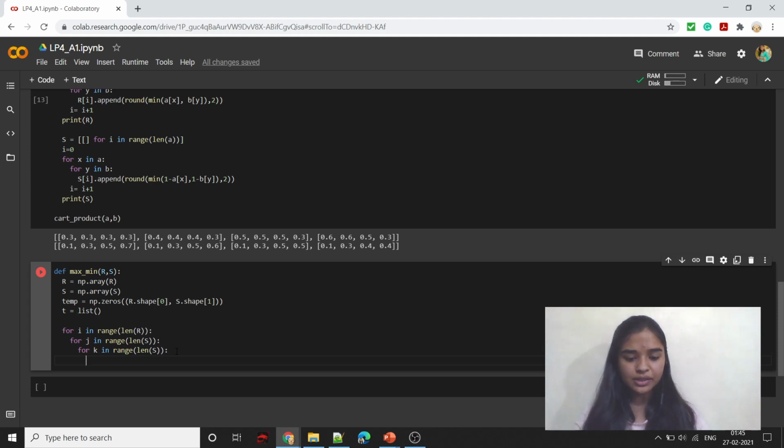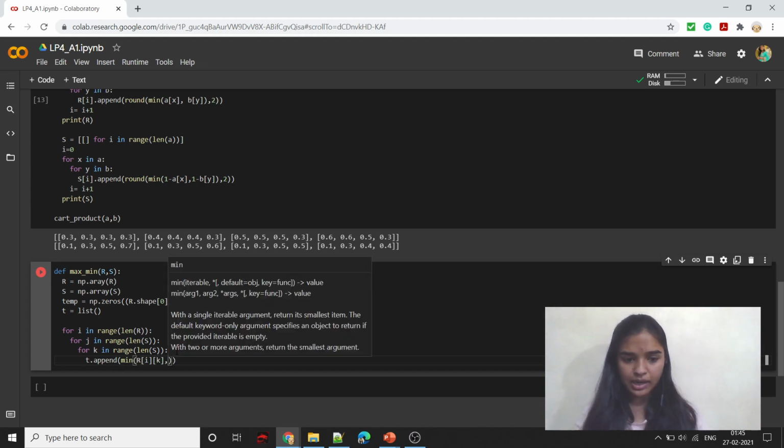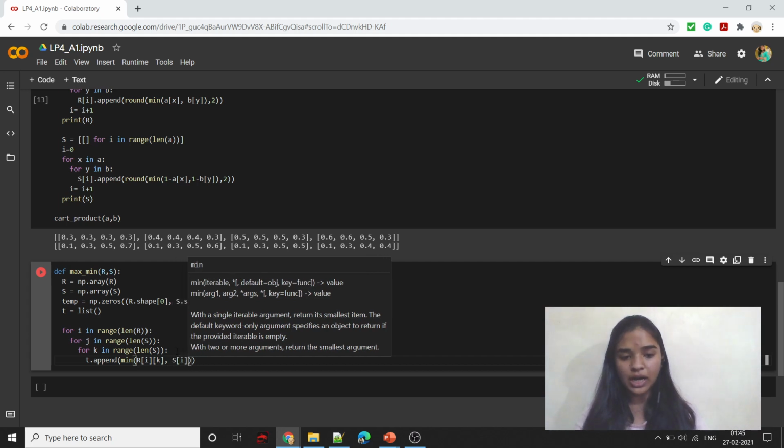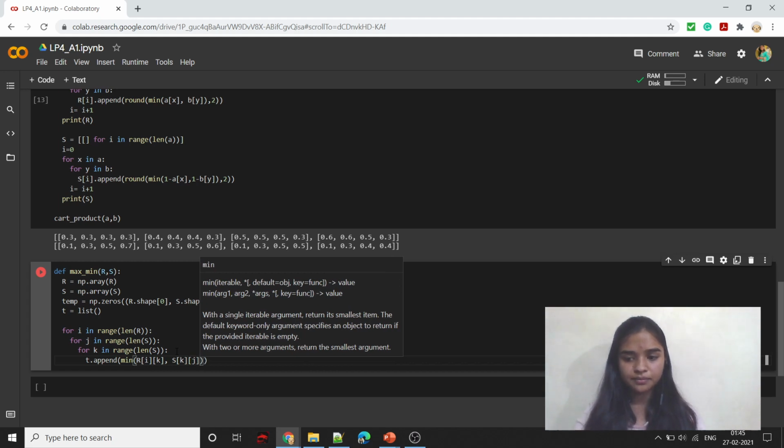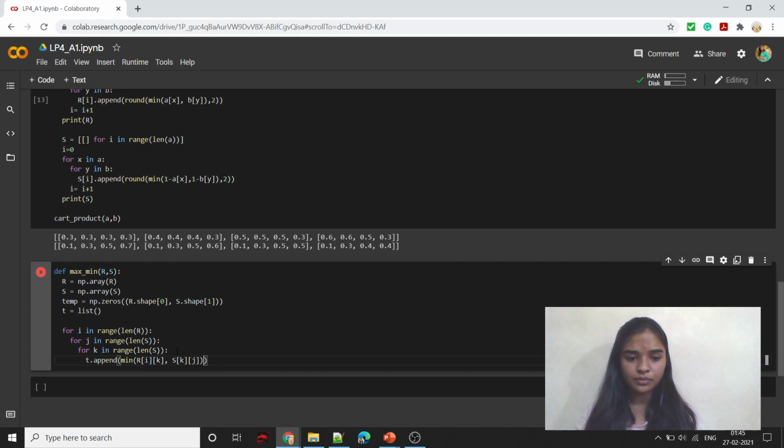So after these three for loops, we need to collect intermediate values, right? So we work on the first row of R relation, or the first relation, and the first column of the second relation. So here we will collect the value in this temporary variable t, minimum of R of I, K, and S of K, J, if I'm not wrong. Okay, once we are done,